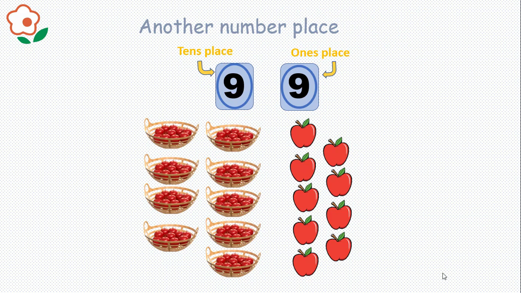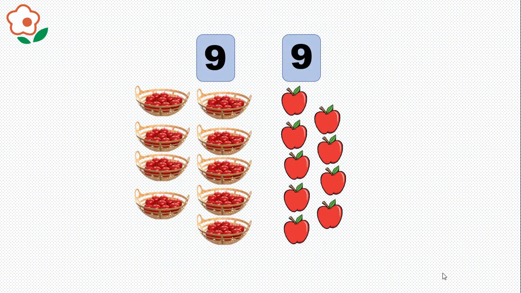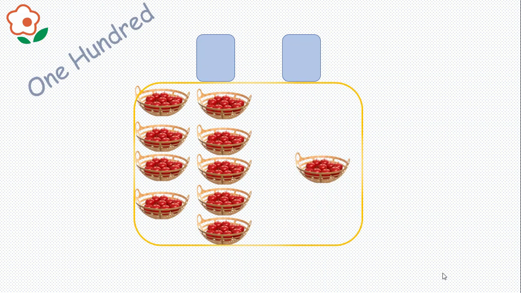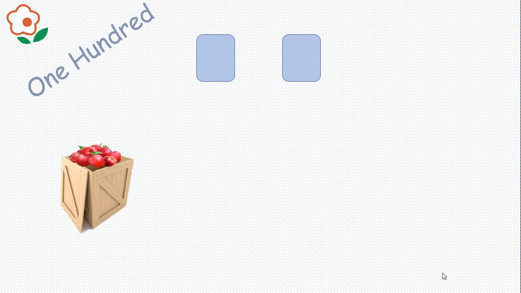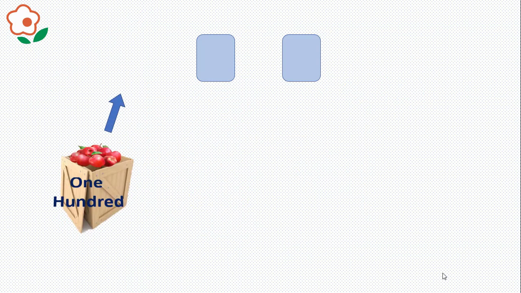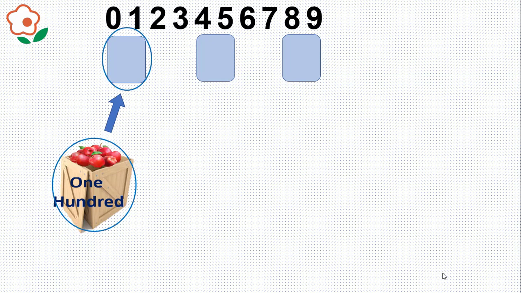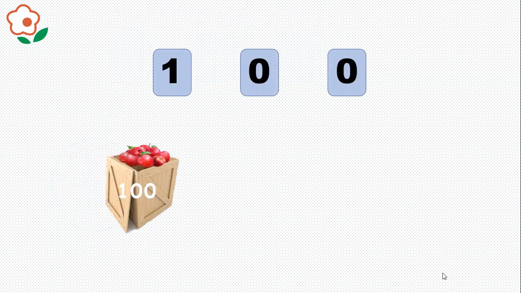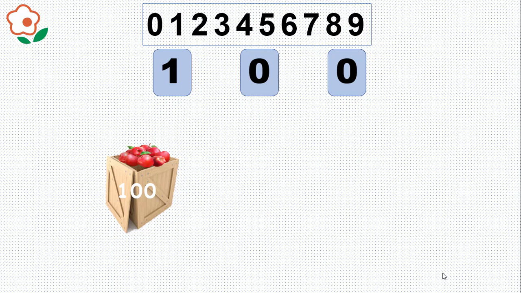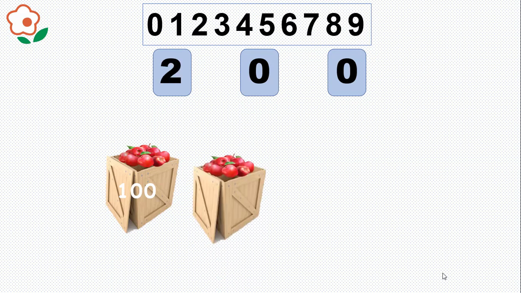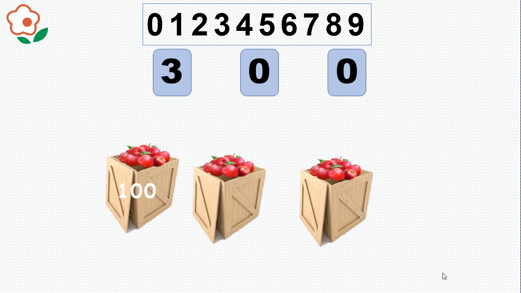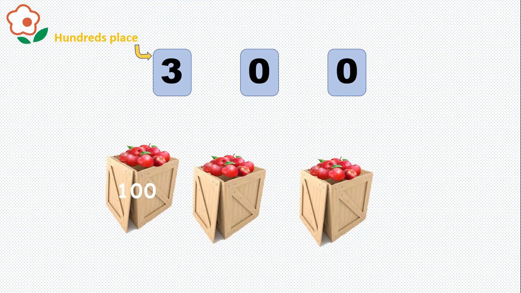If we have picked 99 apples and then we pick just one more, we will have exactly 100 apples, and if we make a group from those 100 apples, we can use this new number place to count how many groups of 100 we have picked. That means that we can reuse the same 10 digits again in this new number place to count how many groups of 100 we have. And you guessed it, it's called the hundreds place because we use it to count groups of 100.